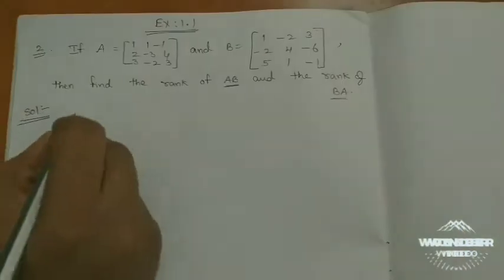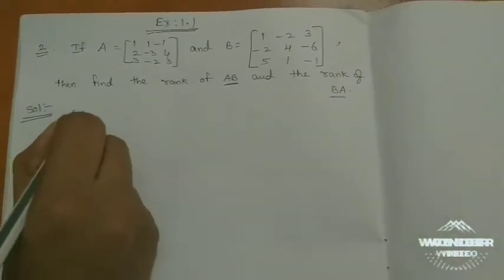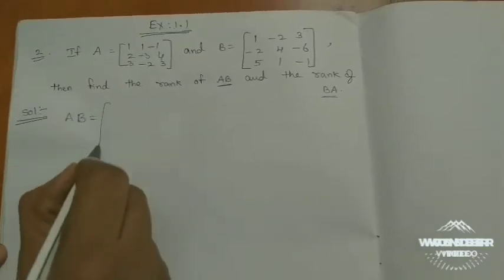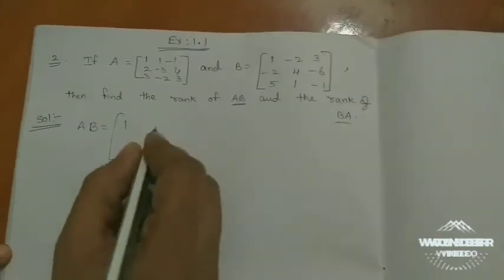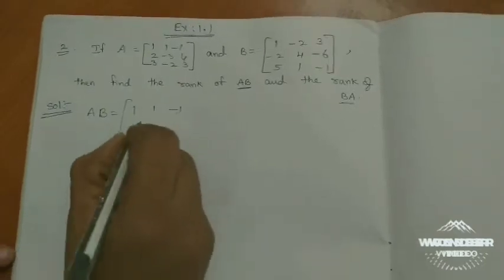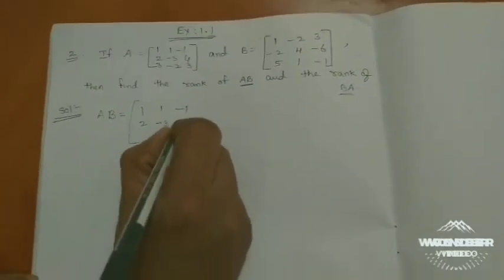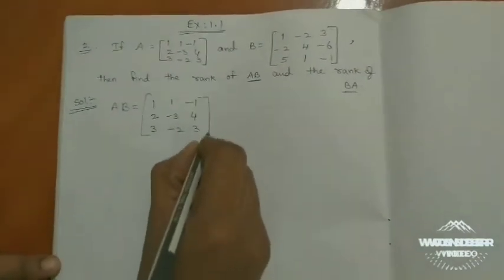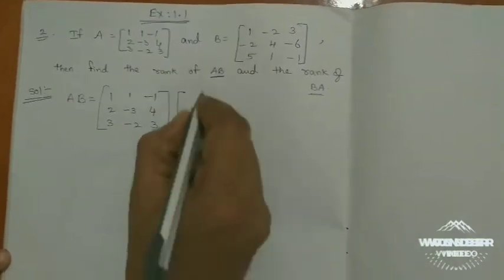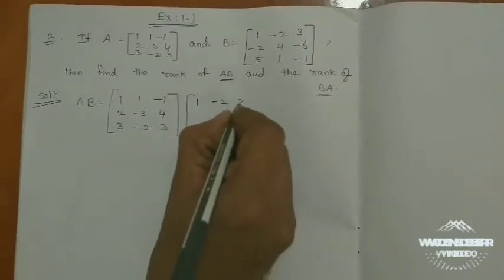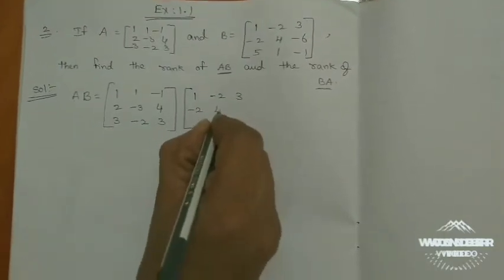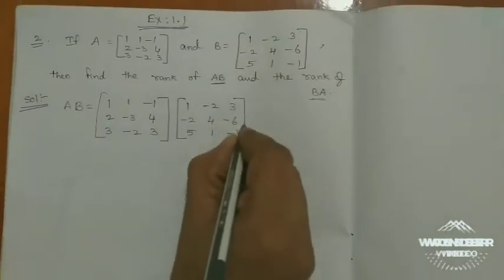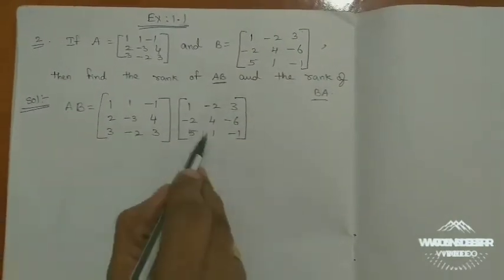So first we'll find the AB product. AB product means since A comes first, you should write down the A matrix first. So it is 1, 1, minus 1, 2, minus 3, 4, 3, minus 2, 3. Then the B matrix: 1, minus 2, 3, minus 2, 4, minus 6, 5, 1, minus 1. So if I do the product of these two matrices,